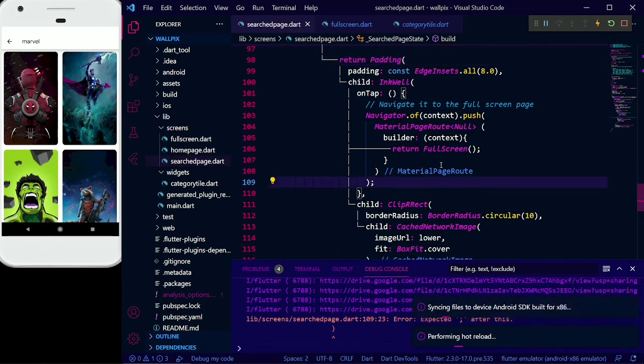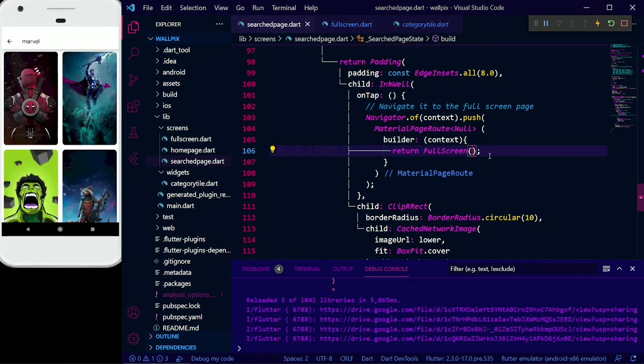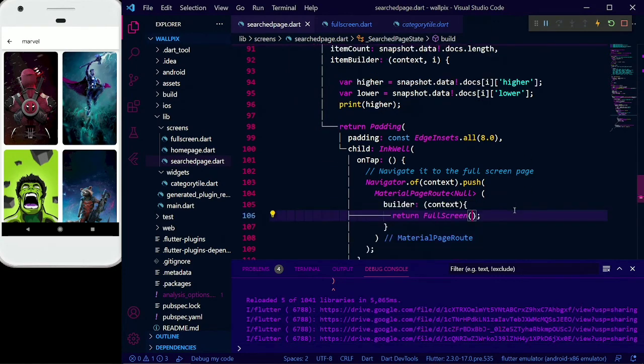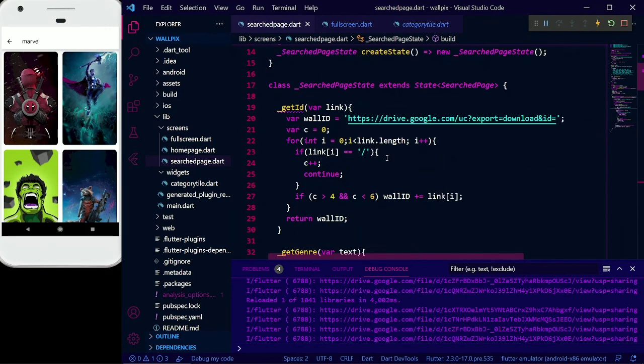Now it will send the higher version of the link, so that we will load the higher quality image on the full screen, right? So higher, just the higher. No, that is my fault here, since this higher will not work, because we have changed it, and for that we have created get id.